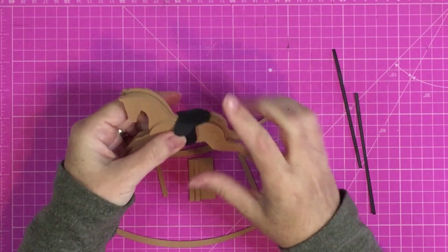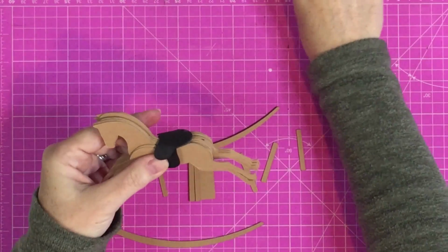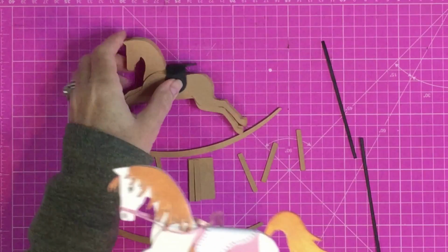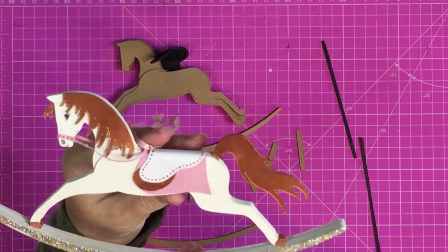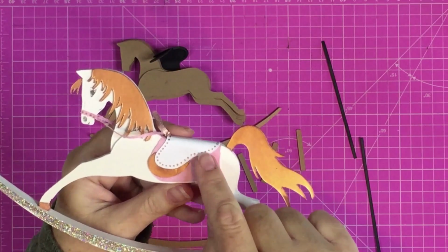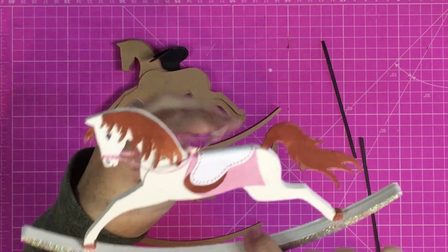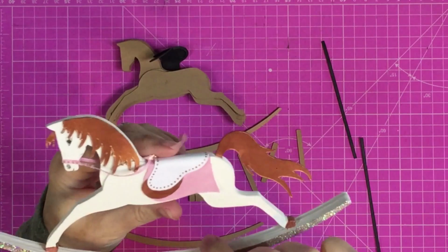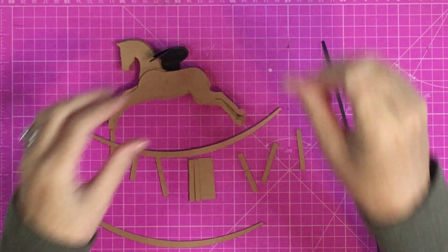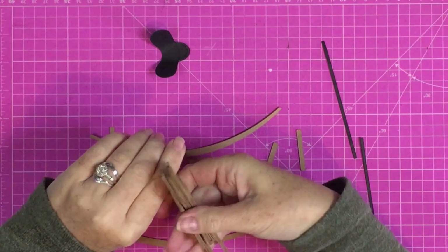On the grey I didn't use a saddle blanket. I will on this one. I think it adds quite a nice effect. And also on this saddle I just used a dotting tool with that copper, to give that effect of riveted, because sometimes on rocking horses they kind of rivet the bridle and saddle on, so that's why I did that. So the hair,